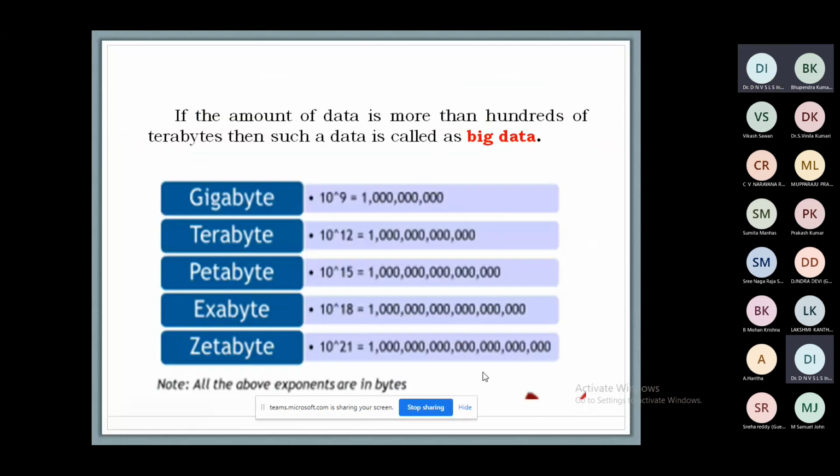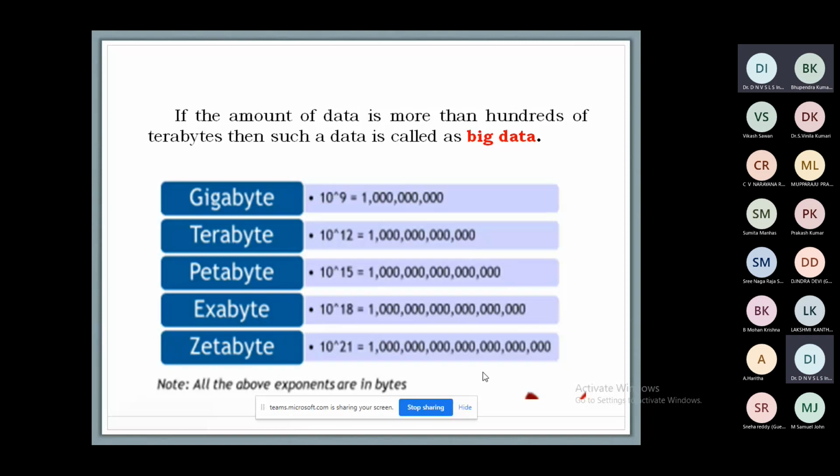So coming to big data, shall I say it is in the form of gigabytes or terabytes? In which area can we call it big data, and in which area is it called simply data? See, if the amount of data is more than hundreds of terabytes. If it is only 1 KB, no problem,